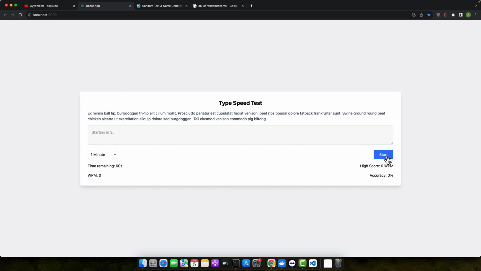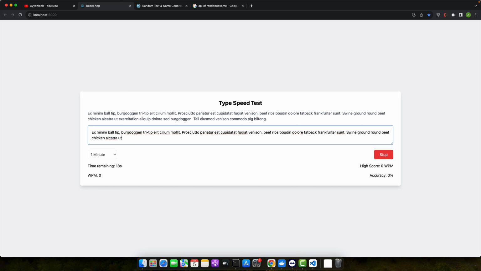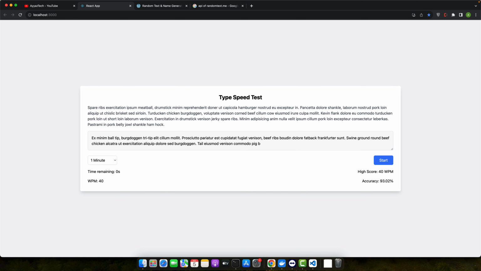So let's start. Right now it is configured at 1 minute, that is 60 seconds. So let's try. Okay, it is going to start now. Let's start typing. Okay, it is saying that time is up and my speed is 40 words per minute and the accuracy is